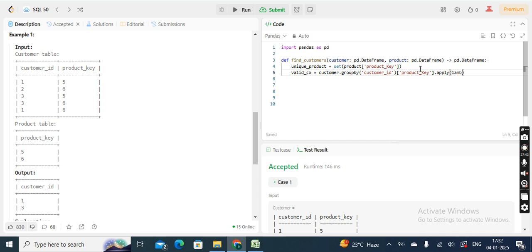Lambda of x: length of x. What is x here? X is my product key. So length of x should be equal to length of unique product